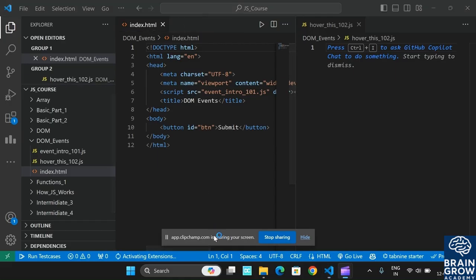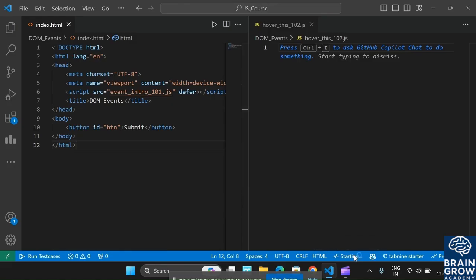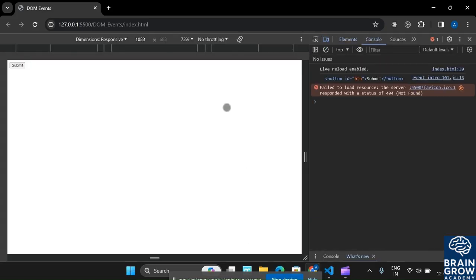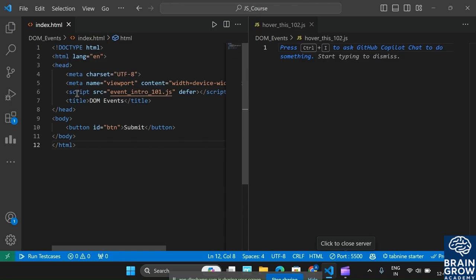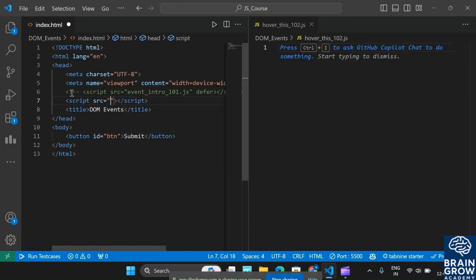First, let us run our HTML file inside the browser, and we have one submit button. Let us comment out this script file and attach another script file, script src, and give hover this 102.js